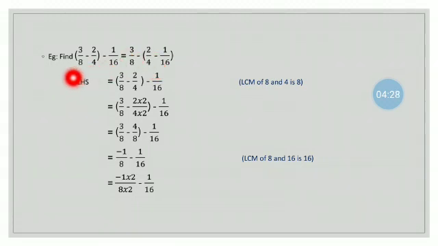So let's check with LHS and RHS. LHS equals, in the bracket, 3 upon 8 minus 2 upon 4, minus 1 upon 16. So let's solve the bracket first. Here we have 8 and here it is 4. Are the denominators the same? No. So we need to take either the LCM or do cross multiplication. So here the LCM of 4 and 8 is 8.